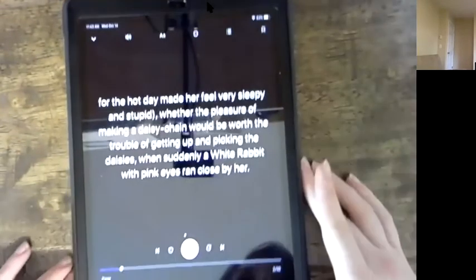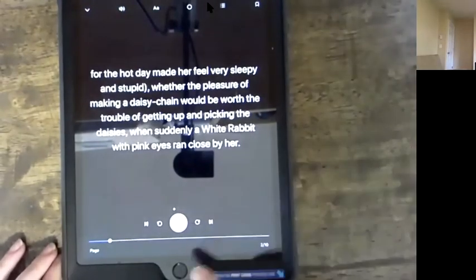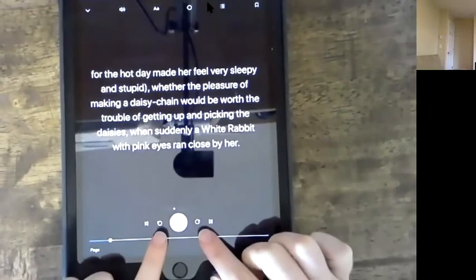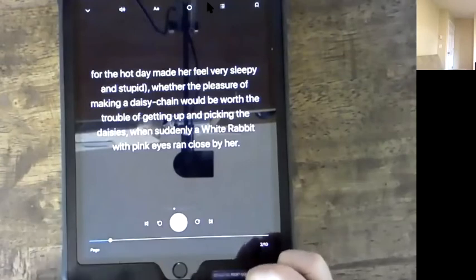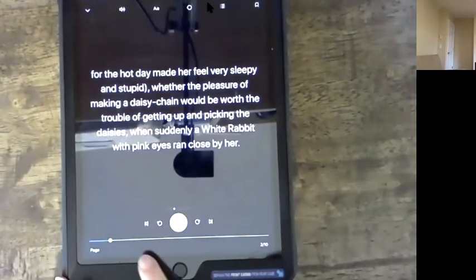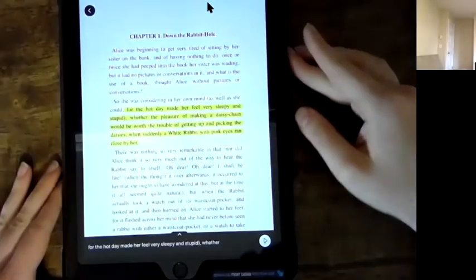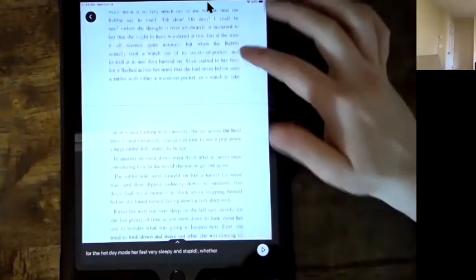And then here at the bottom is where you have your controls. So here in the middle is a play button, and then they have icons so you can go a phrase ahead or a phrase back. And then here on the bottom is a navigation tool so you can go from page to page. But besides that, the way that you would navigate in the regular mode for Natural Reader is just to scroll with your finger.